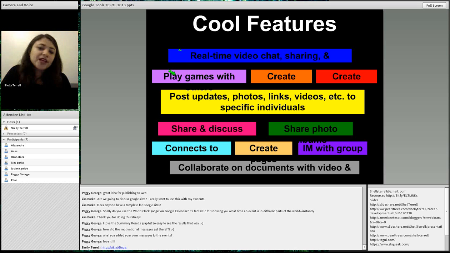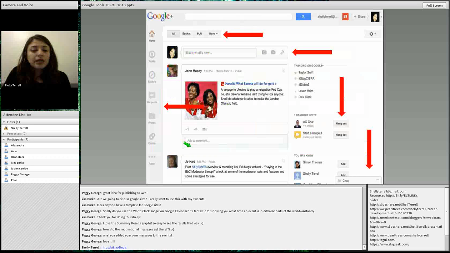They get real video chat, sharing. They can play games. Sorry, the links are down. They can create documents together. They can watch YouTube and discuss it. They can share and discuss. They can share photos with one another. It connects to YouTube. It connects to so many different types of apps available to them.